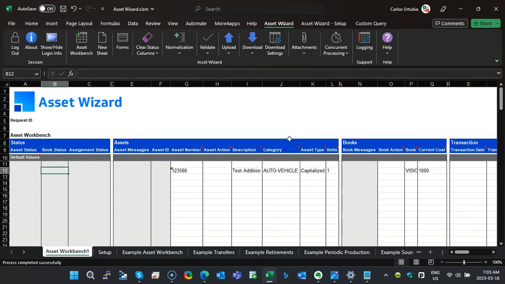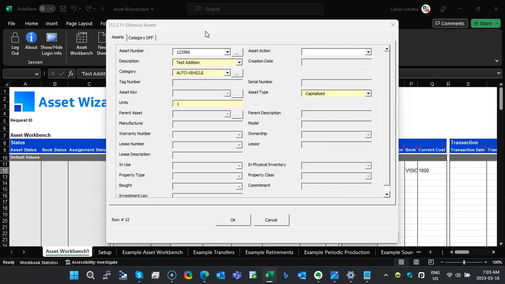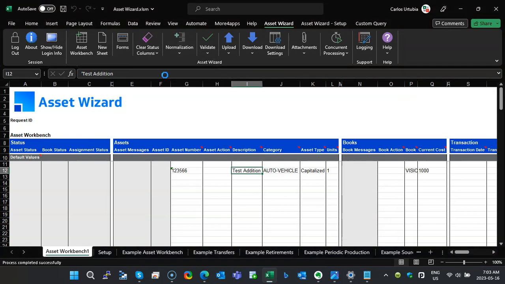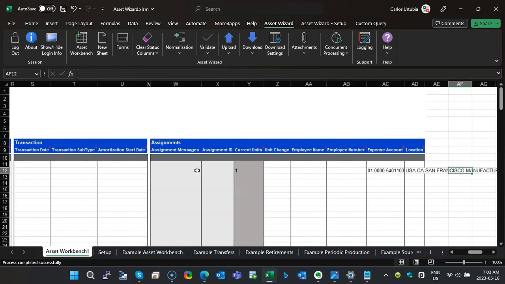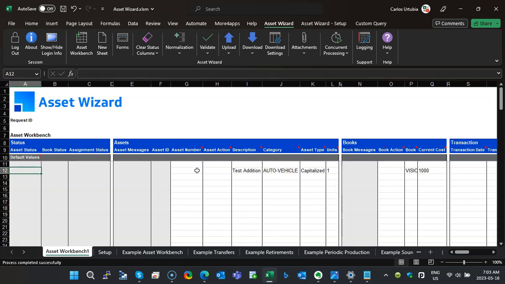I could modify the columns. If I double click anywhere, I can see the forms with the different lists of values. And then now we'll do the clear status columns and then take away the asset number, because in my case the asset number is automatic. I will put the units to change,